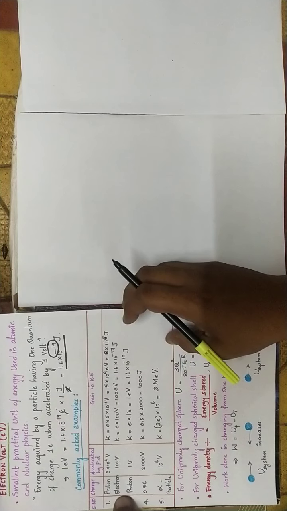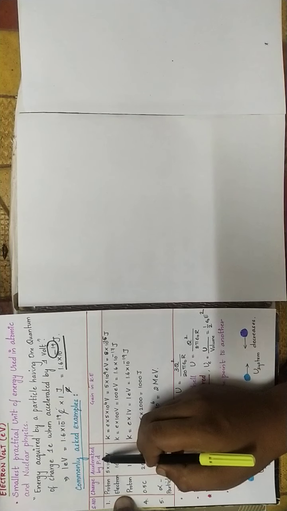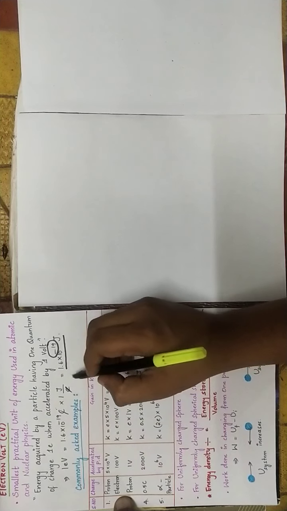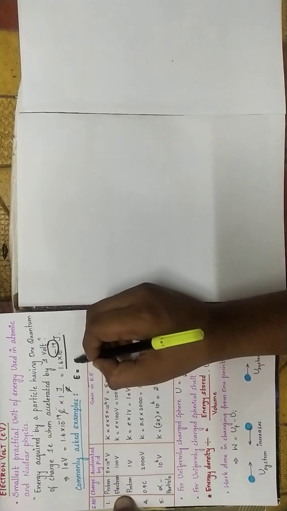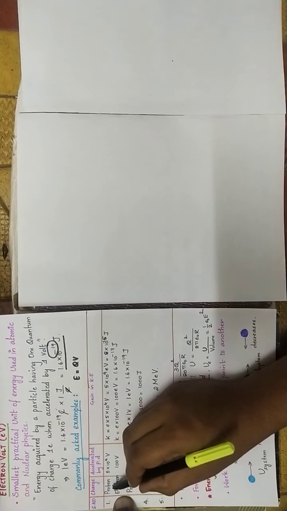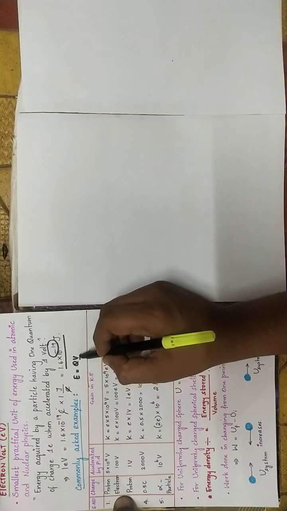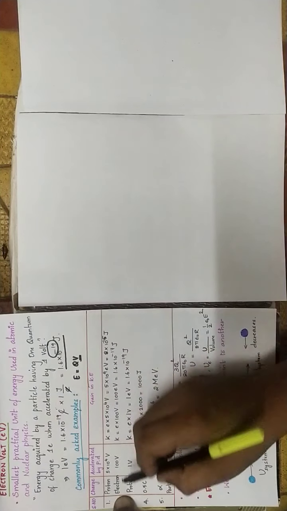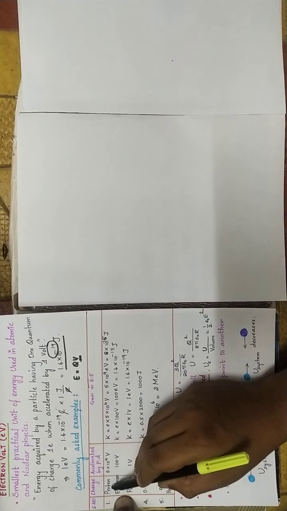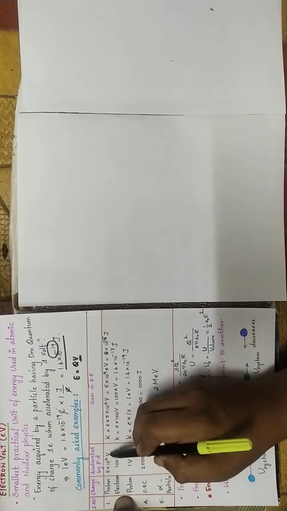The questions that can be asked related to this, I have made in a tabular column. The column says the charge, and it is accelerated by a potential difference V. The energy can be written as the charge into potential, similar to how we write work done or potential energy. The charge given here may be a proton, electron, some random charge or an alpha particle, accelerated by a potential difference, and you simply need to do the multiplication. In the first case, I have taken the charge as a proton accelerated by a potential difference of 5 into 10 power 4 volt.